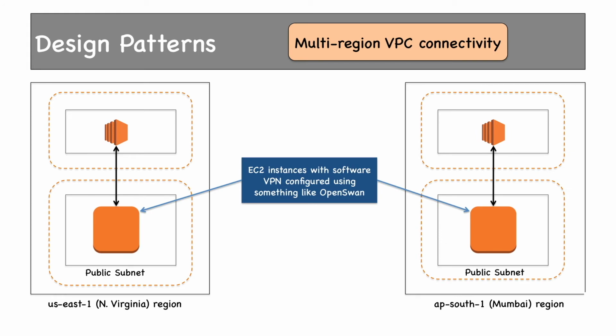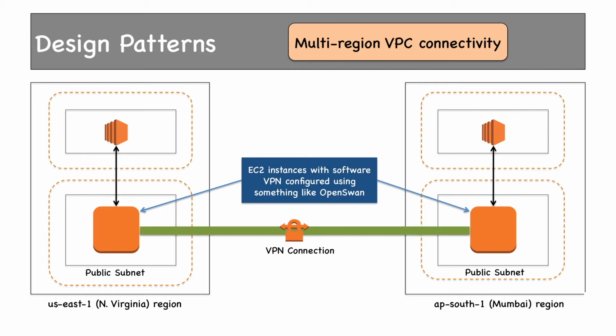To connect to multiple VPCs, inter-region VPC peering can be used, but there are other options available as well. You can use software VPN appliances in EC2 instances to create VPN tunnels between 2 VPCs in different regions. Something like OpenSWAN can be used or configured on EC2 instances in public subnets and create VPN tunnels. Traffic from one VPC can send and receive traffic from another VPC using this VPN tunnel. Route tables, security groups and NACLs have to be configured accordingly.